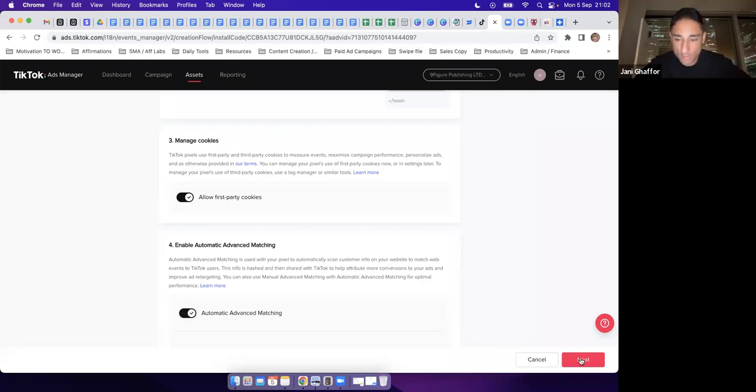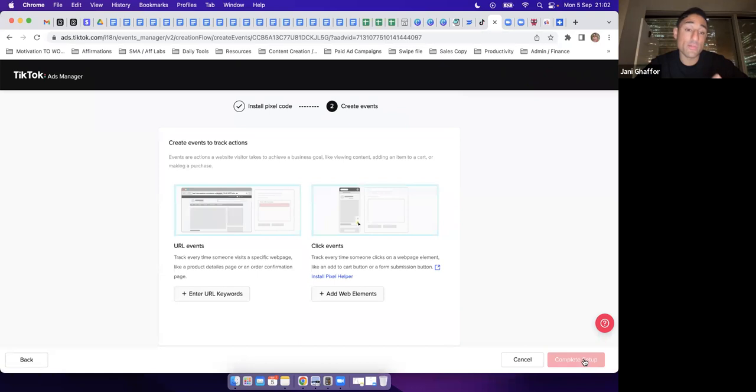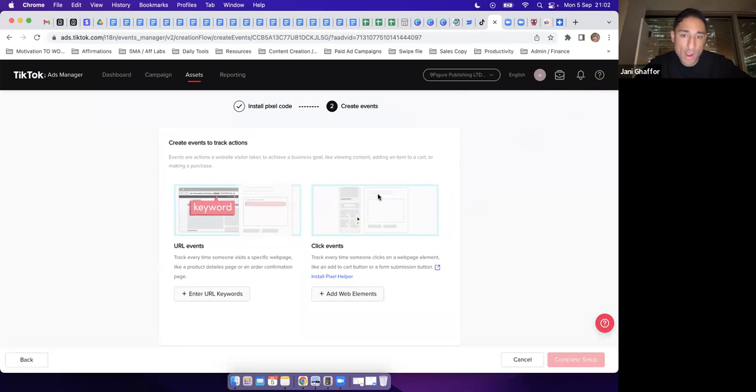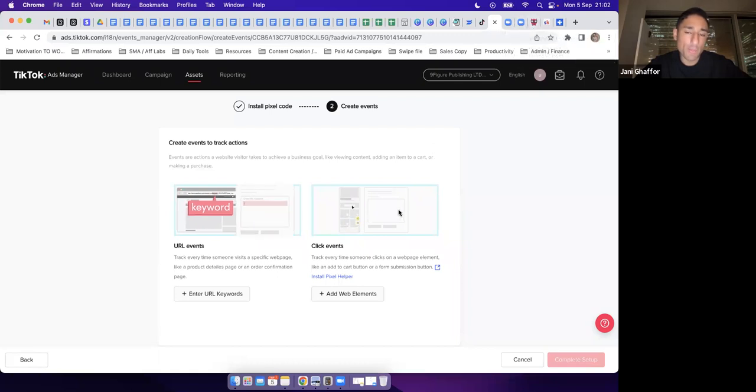So next, we go to next, and we want to now set up the actual events. TikTok is very interesting because they have this cool thing where you can track when someone clicks a different element of your website. However, I haven't used that with Smart Financial because we don't necessarily own the page. If we did, and I think we still could, but I'm not going to recommend that yet, just a quick one. We can, with this click events